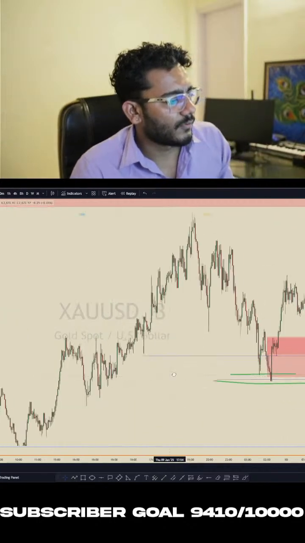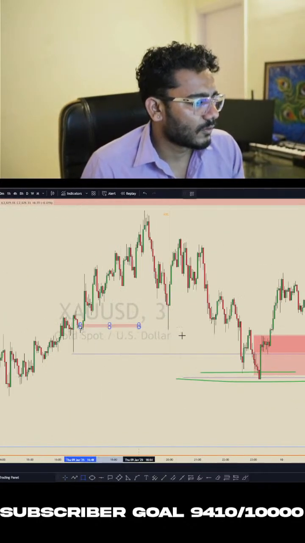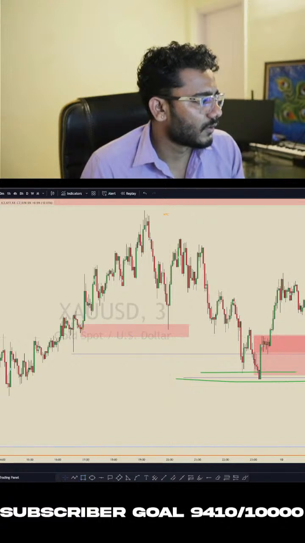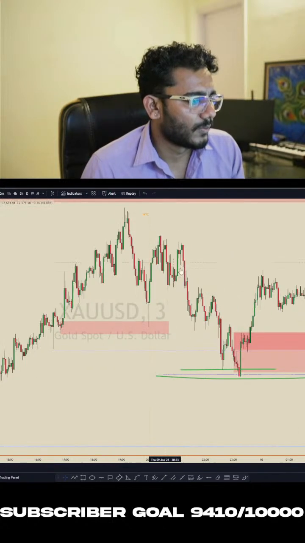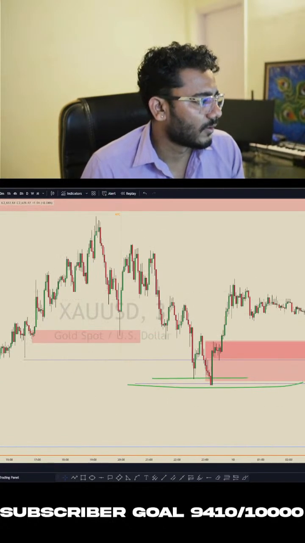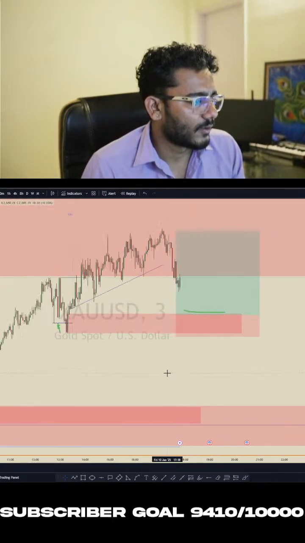Yesterday on the live, I gave this order block. It didn't follow through, which was this one. It was around 1:3 something. If you put stop loss, it's 1:2 something. But then actually it hit our stop loss at break even. So I will not consider this as a win.